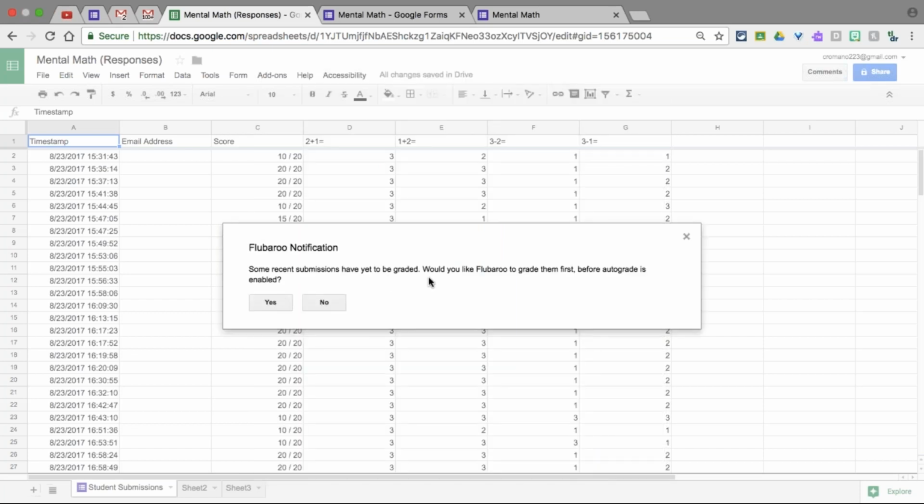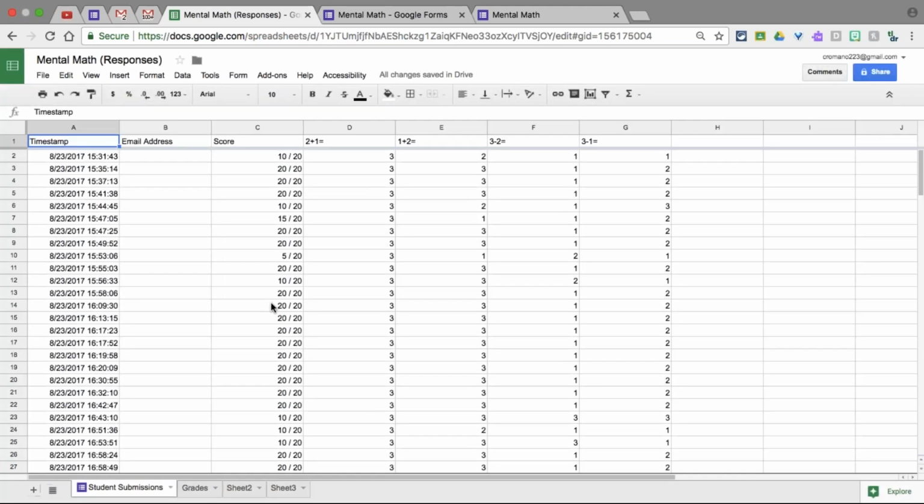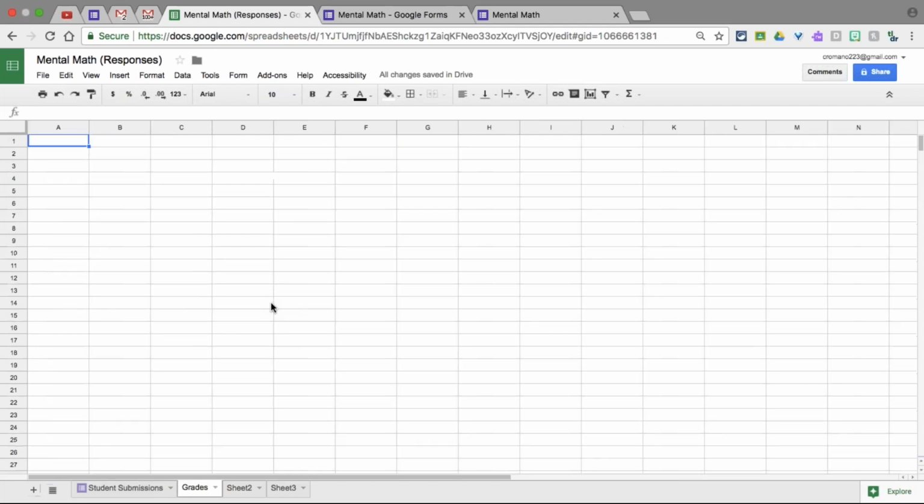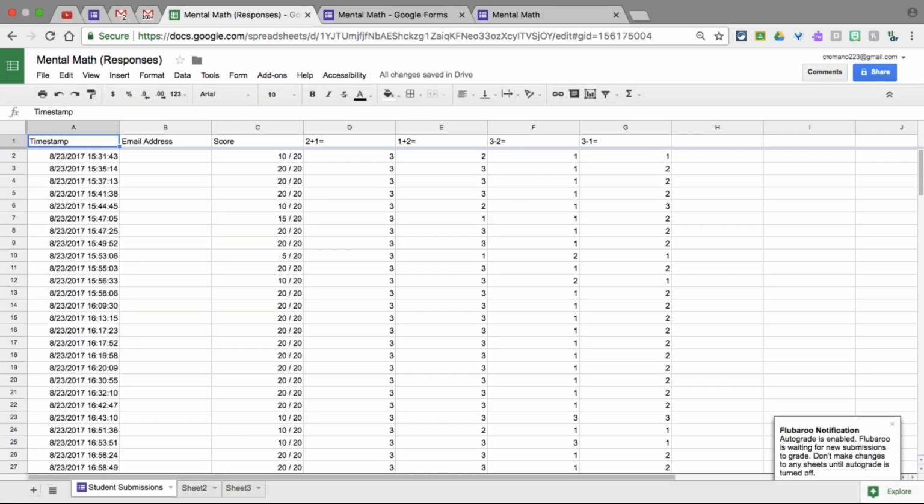Okay, some recent submissions have yet to be graded. Would you like Flubaroo to grade them before auto grade? So that would be a yes. So we're going to click yes. And it's actually grading right now. You can see up here on the left, it says grading in process. And then you'll notice on the bottom,